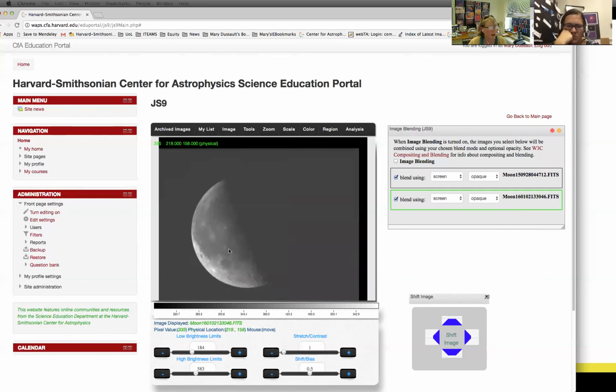Does anybody have any guesses in the chat box as to why the moon might have changed size between those two times, September of 2015 and January of 2016? Any guesses about what is going on? Why is the moon a different size in the MicroObservatory camera? Moon distance varies based on its orbit. Exactly, exactly. So the moon is sometimes a little closer to the Earth, and so it's a little bigger, and